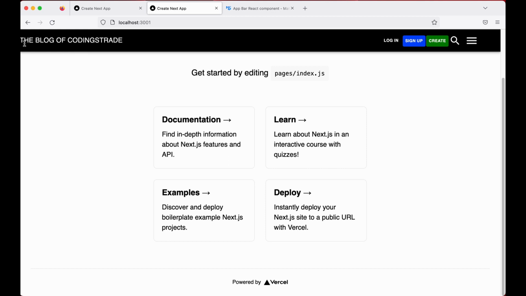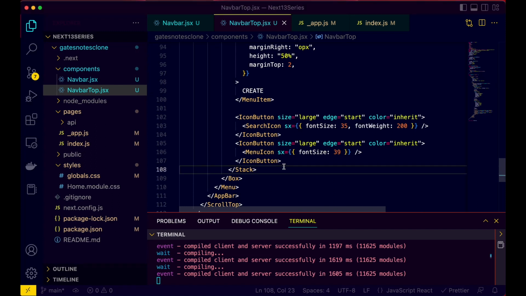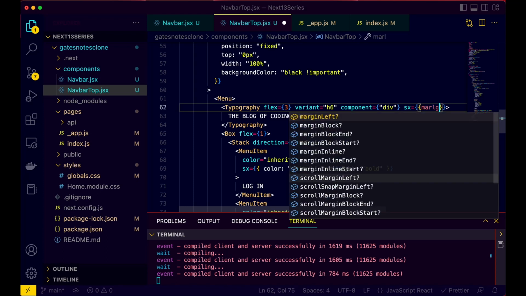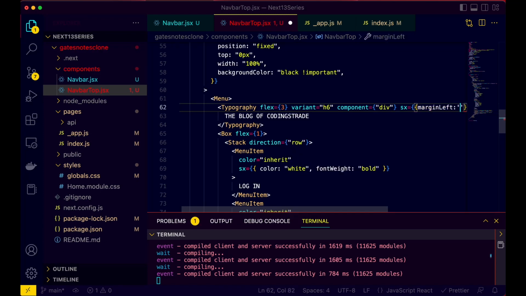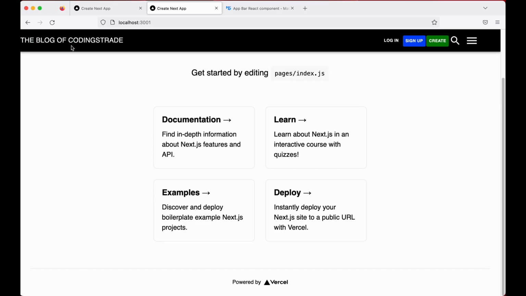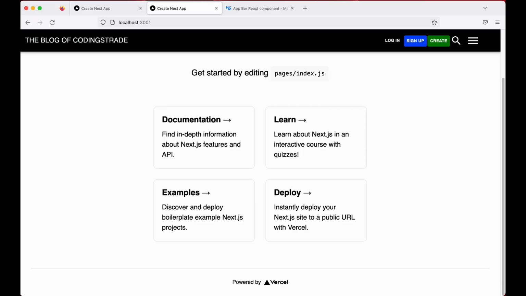And here you can just give it a margin from left. So let's go ahead and do this also. Now for this, we'll come back here and we'll go to our typography, and here I'll define some margin left. So I'll say SX and margin left. So margin left, and this should be something like 2 pixels, or maybe, yeah, that's enough, I think. So there's no difference because I'm just using 2 pixels. What I could use is just 2, which is like 20 pixels here. So as you see, we got some more margin from left,